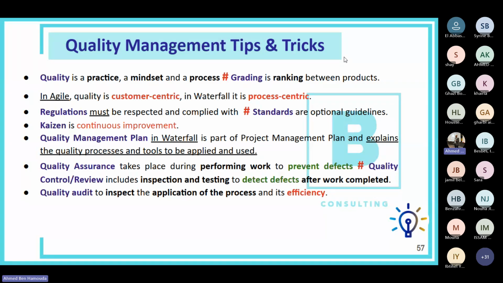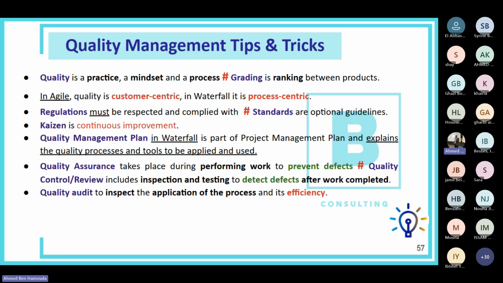So Kaizen is the same as Lean, which we saw in the Agile chapter. That's the same term, Kaizen in Japanese, Lean in English. That's the same term for continuous improvement, and continuous improvement is part of the quality management mindset. Okay, the quality management plan in Waterfall is part of the project management plan. So it's one of those sub plans coming from those knowledge areas from PMBOK 6, if you would like to refer to PMBOK 6. All right. And in the quality management plan, we explain the quality processes and tools to be applied and used